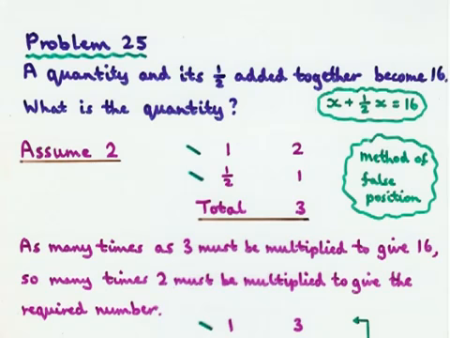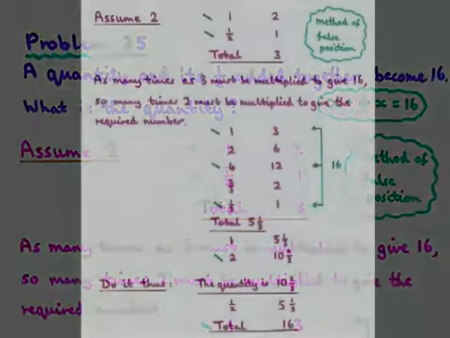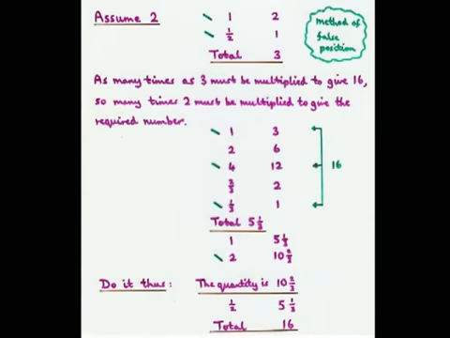And the method that they frequently used was called the method of false position. Basically, you guess an answer. You guess a convenient answer. It's bound to be wrong, but then you scale it up or down as necessary. So because you've got a quantity and its half, it's convenient to start with 2. So a quantity and its half is 3. But you don't want 3, you want 16. So you've got to scale the 3 up to 16, and then the same scaling applied to 2 will give you the answer.